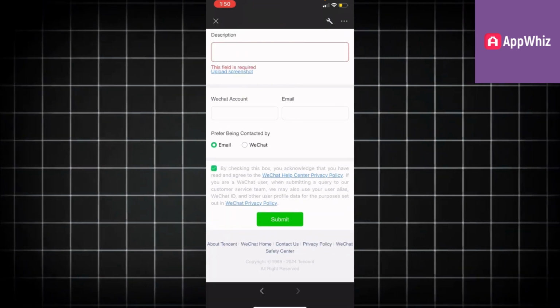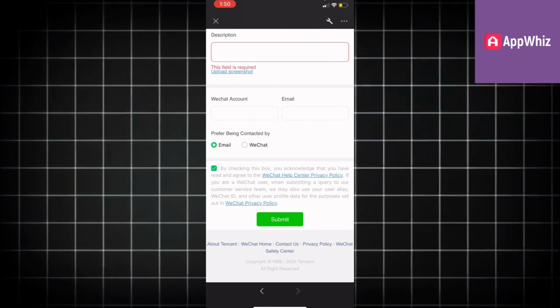being contacted by email or WeChat, and hit the check mark right here and hit submit, and you're going to